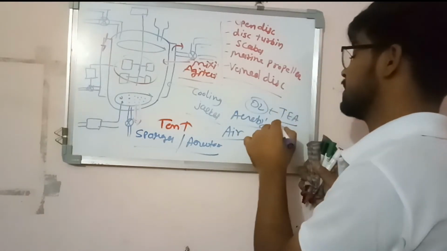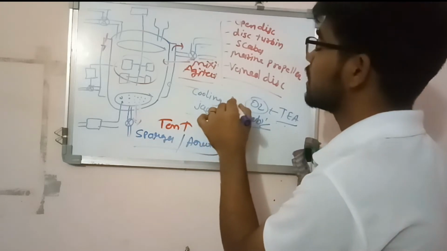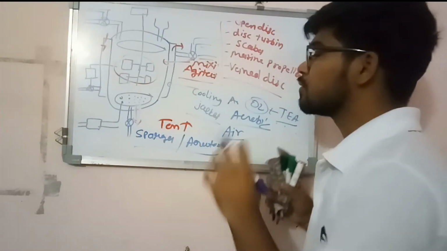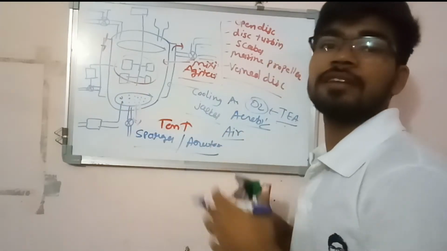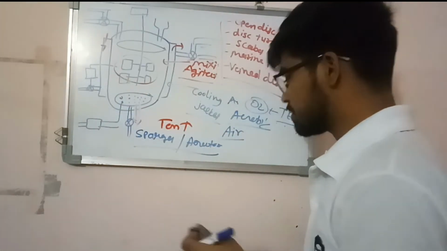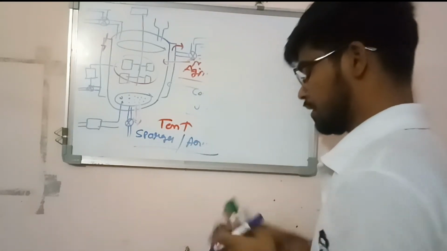We all know oxygen is the terminal electron acceptor in the electron transport chain. So in aerobic conditions, air is required, and proper mixing of air is required. So a sparger may be of different types. If I mention the sparger types, then it must be a